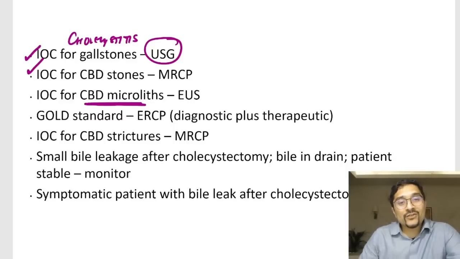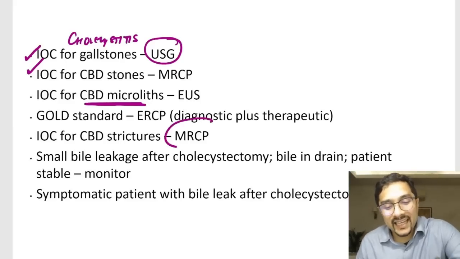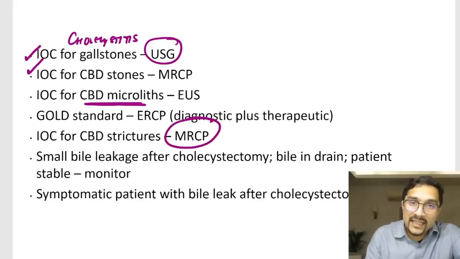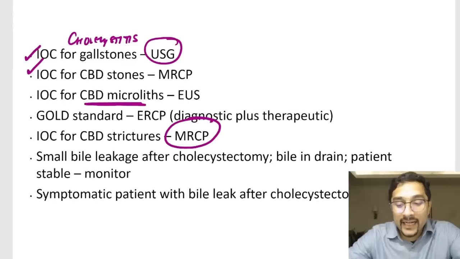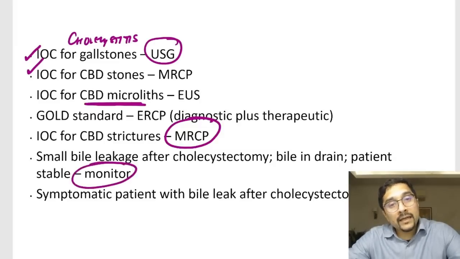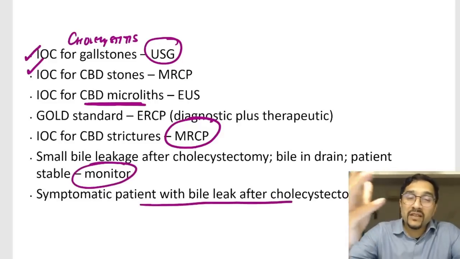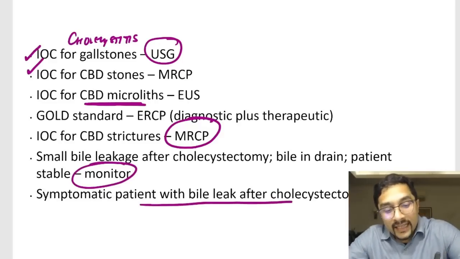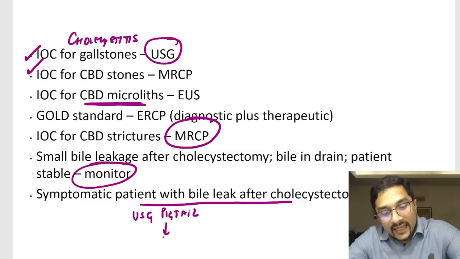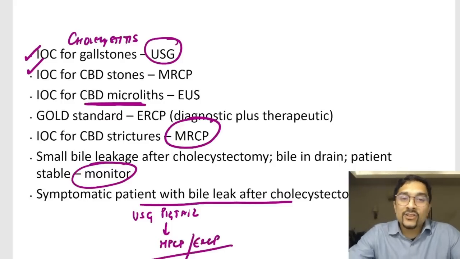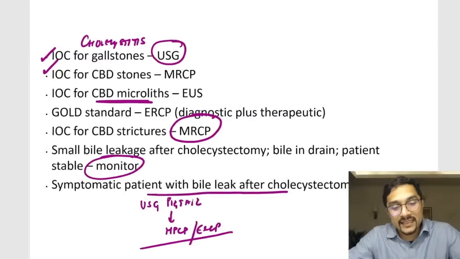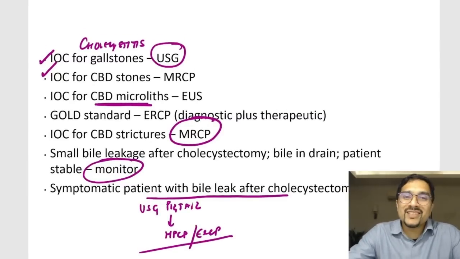The investigation of choice for CBD strictures is MRCP. Small bile leakage after cholecystectomy: if there is bile in the drain, patient is stable, if there is very minor leak, you monitor. But like I showed you in one of the scenarios, if the patient is symptomatic, that means fever, jaundice, tachycardia, then you will put in an ultrasound guided pigtail. Then we do MRCP and then ERCP and stenting. So that is how we manage this, and this is just a summary of the investigations which is asked quite